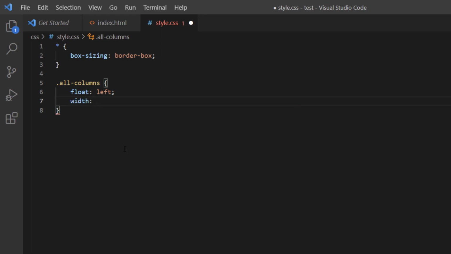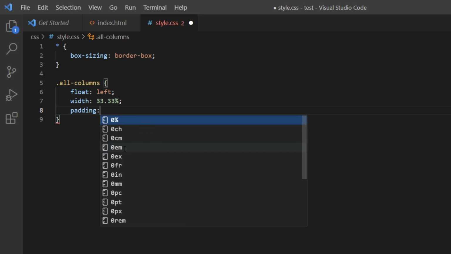Width colon 33.33% semicolon. Now I'm going to hit enter. Every line should have a semicolon after it. I'm going to give this a padding. I want my text to have a padding of 13 pixels. Padding colon